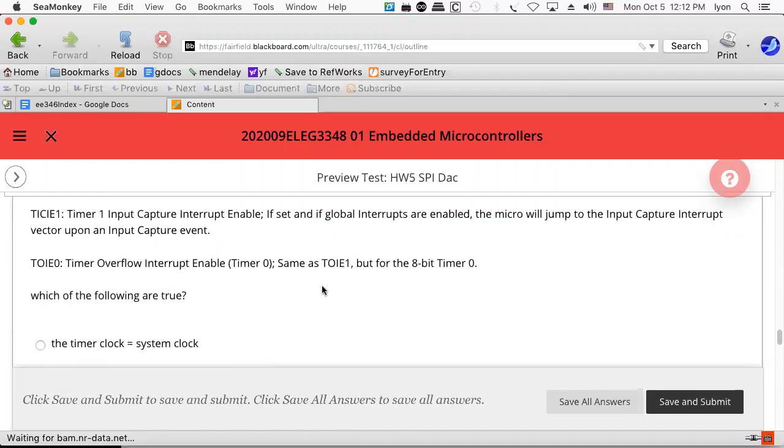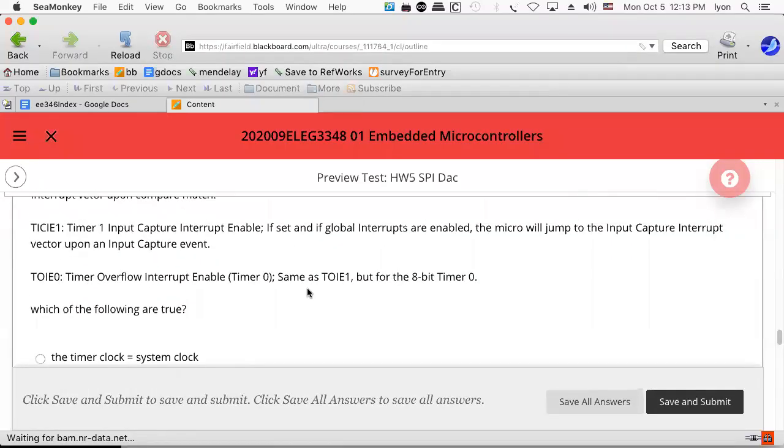Which of the following are true? I got 2 minutes. I'm going to do a real quick thing, but I don't know if I have time. I was going to show you a Tinkercad thing, but let's not do that yet. Which of the following are true? The timer